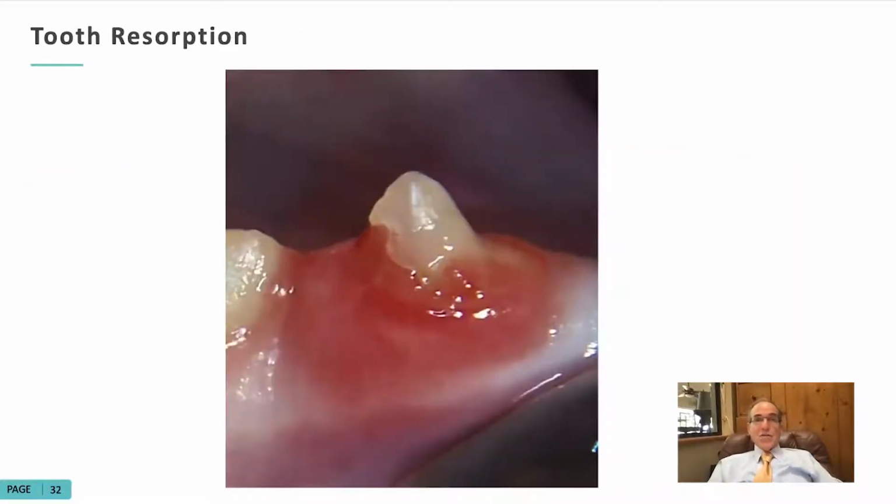All right, so that's the traumatized tooth, periodontal disease, and congenital. Now we're going to move to tooth resorption. It's also called root resorption. What it's no longer called is cervical erosions, odontoclastic resorptive lesions. It's no longer called FORLs because canines get them too. So feline odontoclastic resorptive lesions are called TRs or tooth resorptions.